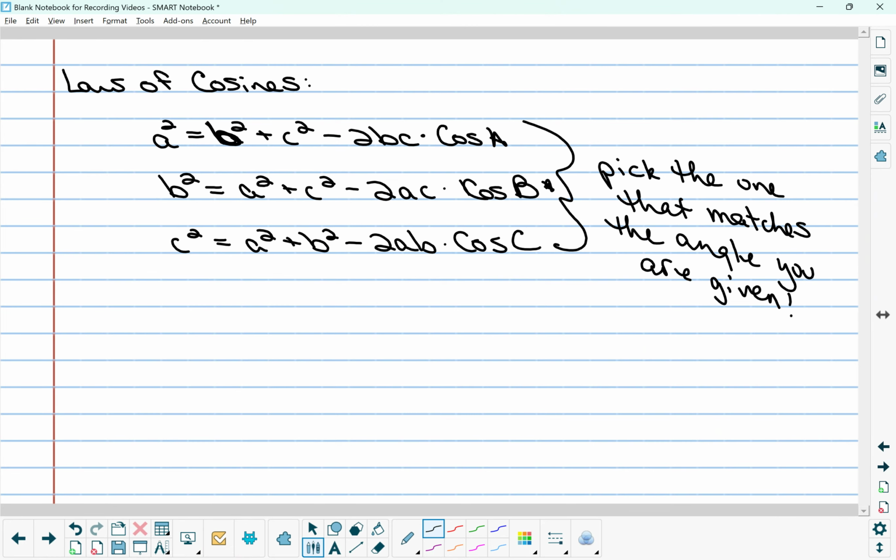All right, you're just going to plug stuff in and find side B. That's essentially how it's going to work. All right. If you are not given an angle, so if you're given all three sides,